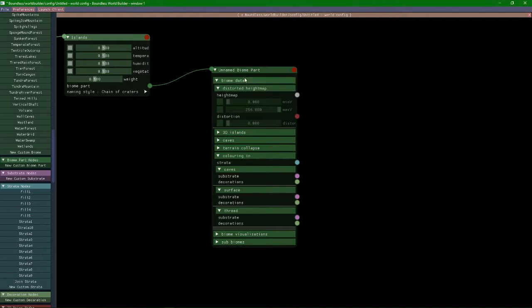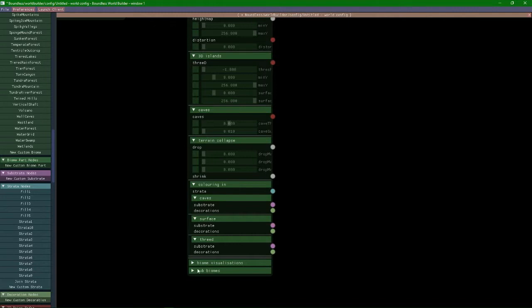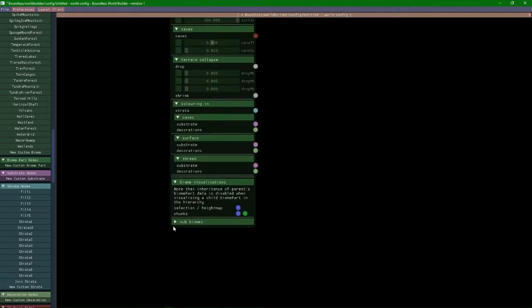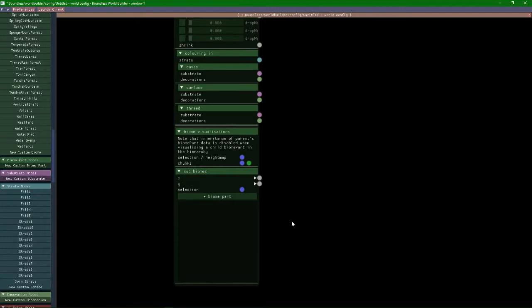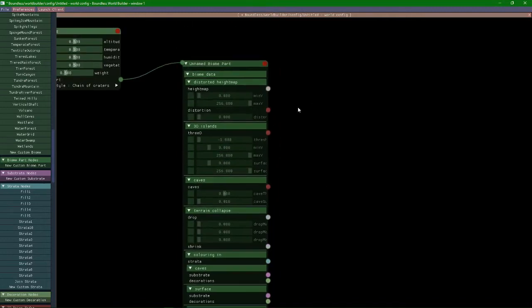So, in the biome data, in the biome part, we have height map, 3D islands, caves, terrain collapse. I will just open them all. And then we also have the biome visualization and subbiomes, because a biome can exist out of multiple biomes. So next up, I will show you how to use height maps with biomes. We will use a height map for the bottom and the generation of the sea floor